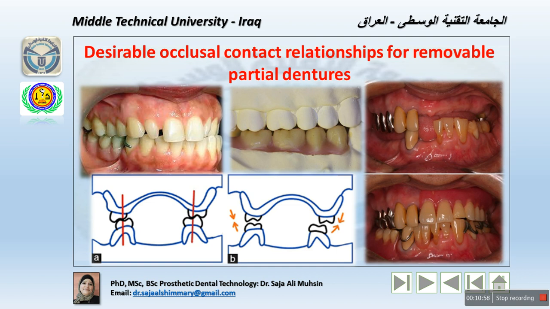Then, for example, we have many cases where the maximum intercuspal position is different. As in the Kennedy class 4 removable partial denture configuration, the contact of opposing anterior teeth in the maximum intercuspal position is desired to prevent continuous eruption of the opposing natural incisors. So, if we have a natural overbite and overjet, we probably will reduce this or provide a contact between them,